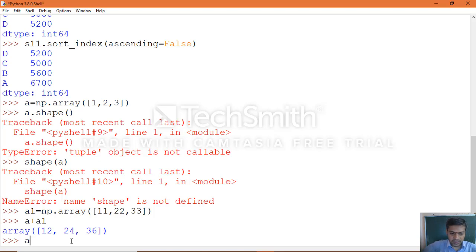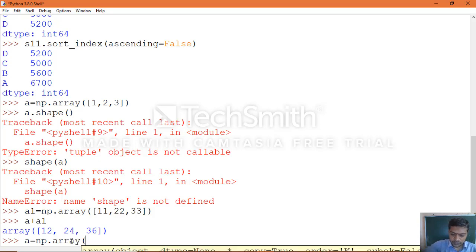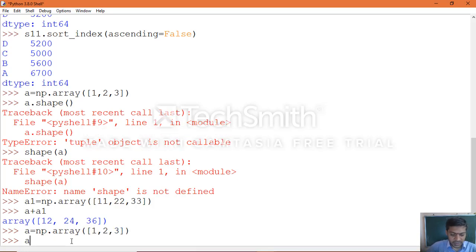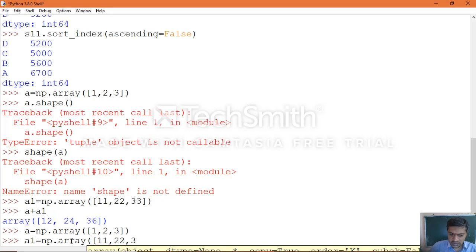Now in the same way, take a different size array. Now we'll take variable a as 1, 2, 3, and a1 equal to np.array of 11, 22, 33, 44, 55.